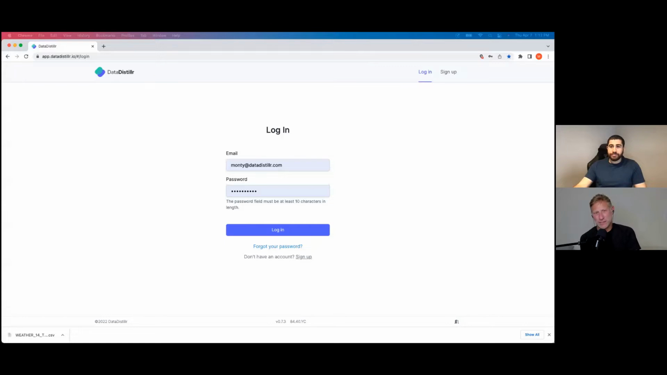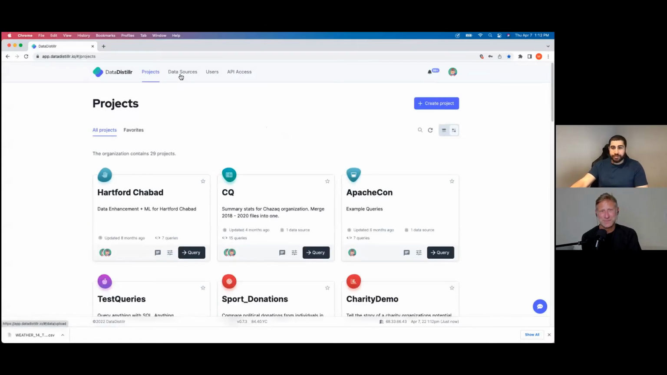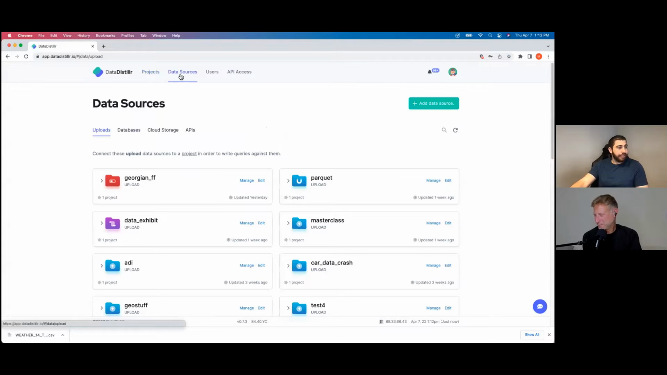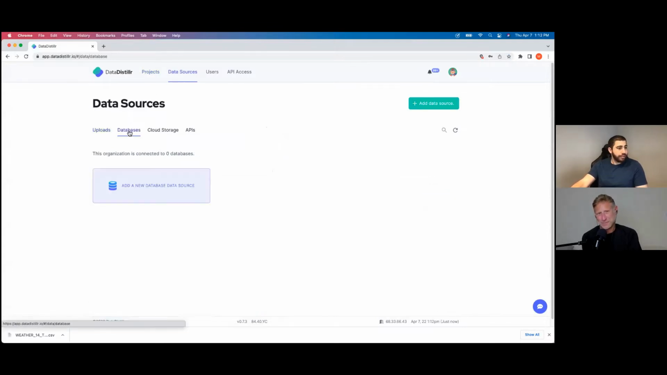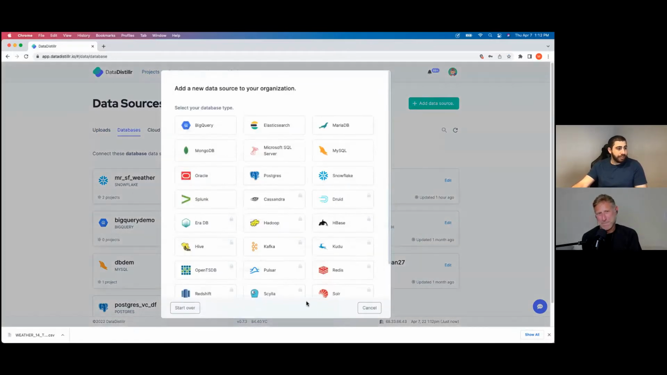I like it. So everybody, this is the Masterclass series. This is Monty and Darren, and we're going to show you how to add and connect to your Snowflake instance. So when you log into your DataDistillr account, head over to your data sources tab, and find the database tab in the data sources, and head over and click add a new database data source. And notice how we have